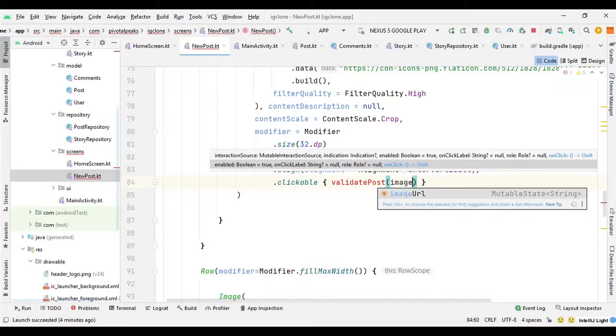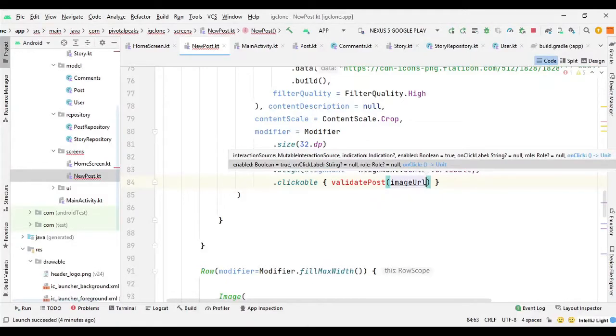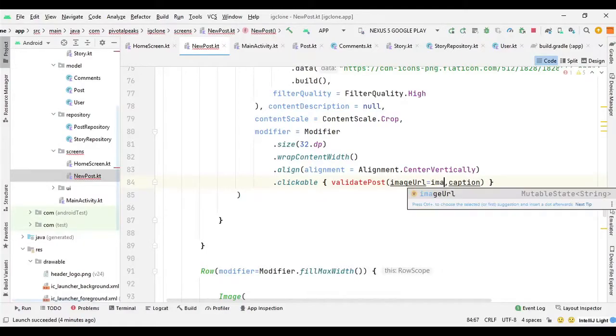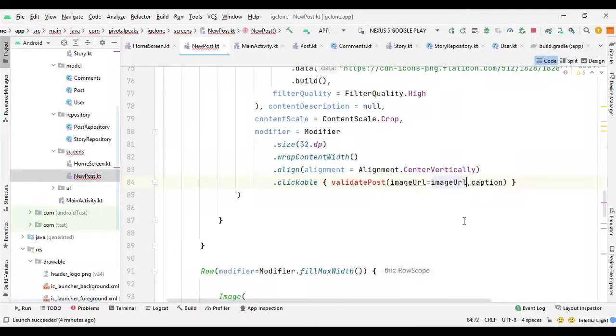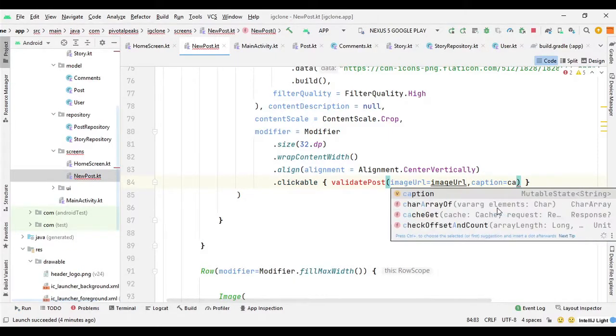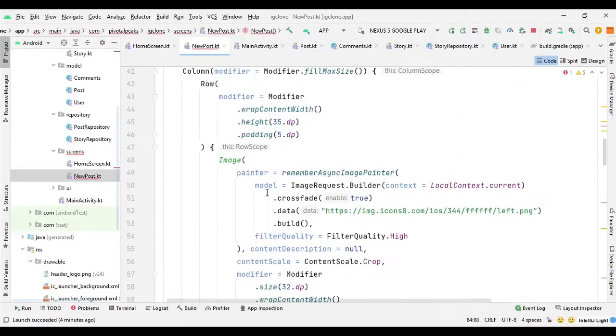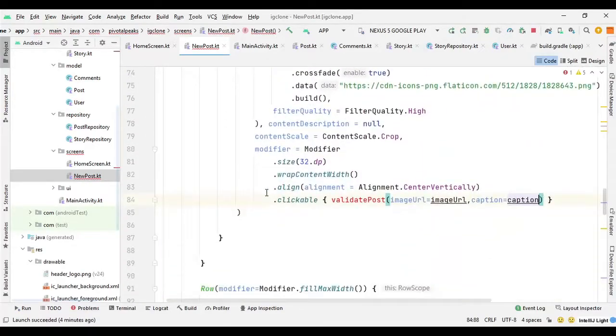So we can say image URL and caption, and we can actually set the image URL here. I think it should take it. So yeah, it's taking it. And for caption we can set the caption text.